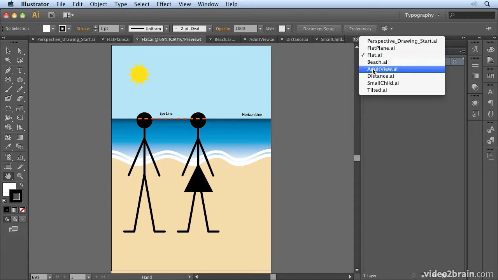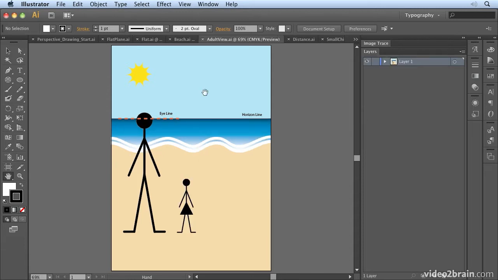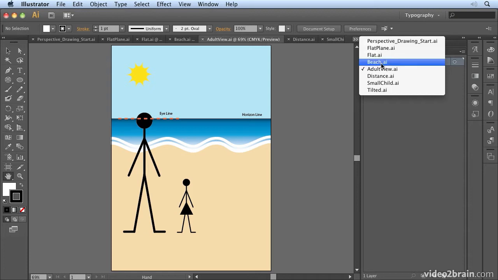So if I go to adult view here, what I've done is I've scaled down this person. And because I've scaled them down, they look now like a child. But it looks like I'm the same height as the adult, so I'm an adult and I'm looking at another adult with a child. Now, if I go back to here and I choose instead a small child, and let's